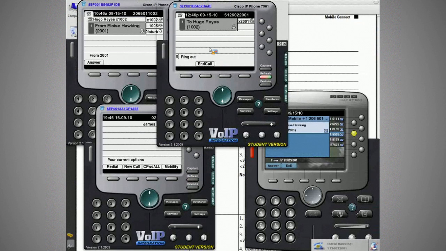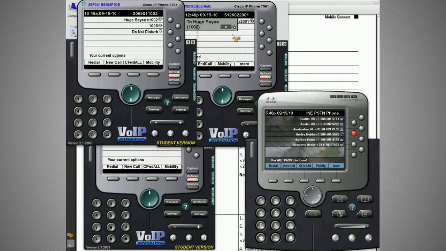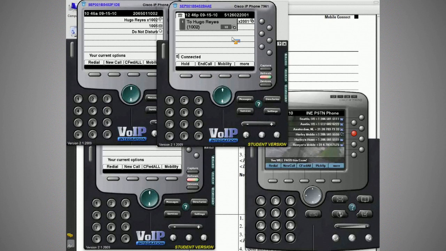Now it's ringing in both locations. I'm going to answer on my hard PSTN phone. Okay, and go to mute. So you can see that I'm on that line. Hugo shows that he's offline on 1, so he's not idle, but we can't see who he's talking to because of privacy. So we're talking to Hugo, and I want to be able to, from my PSTN phone, issue *81